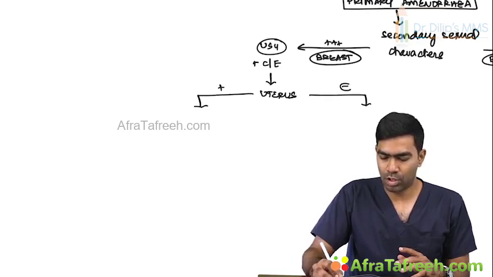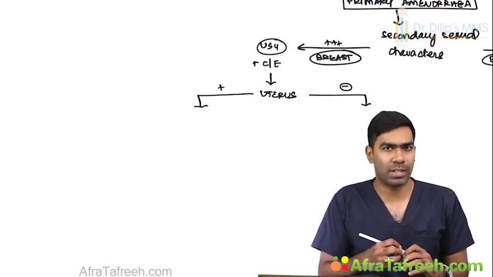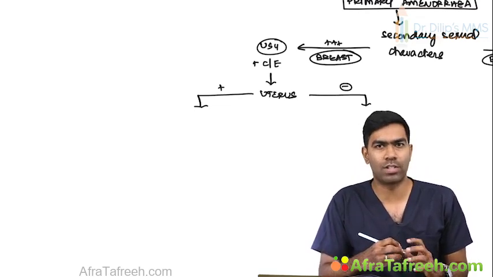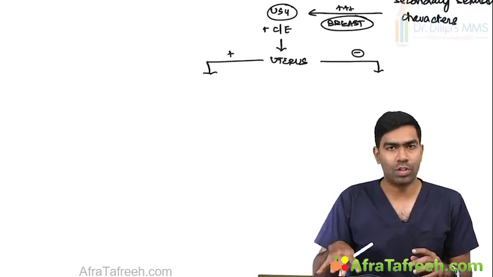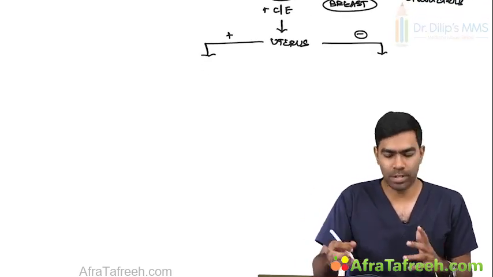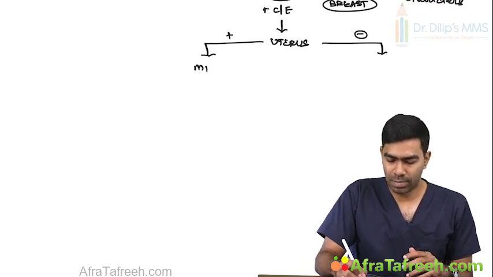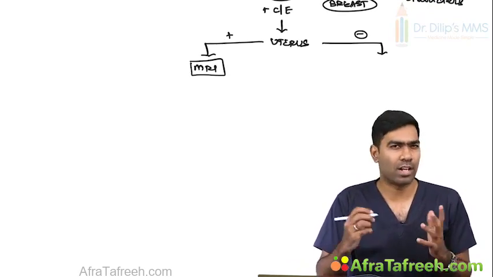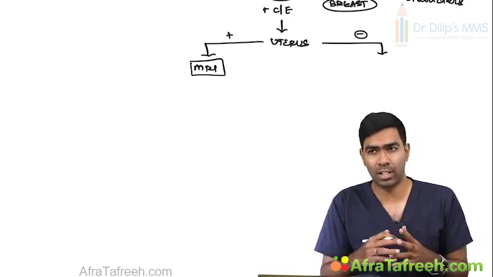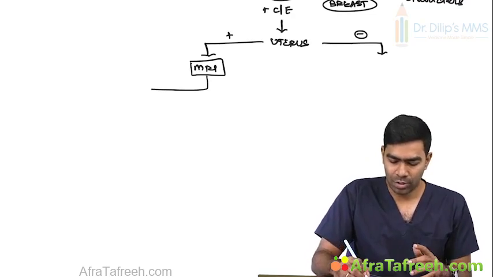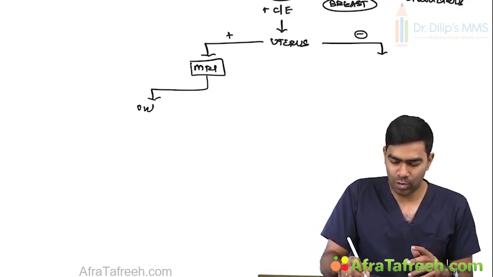Uterus is present or uterus is absent. Uterus is present usually goes towards outflow tract obstruction or probably some other condition, which we'll be discussing in the next chapter. So when uterus is present, next step is to do an MRI. And ultrasound itself will tell you, and clinical examination will tell you the diagnosis, but MRI is the gold standard in this condition. So if MRI is showing outflow tract obstruction,